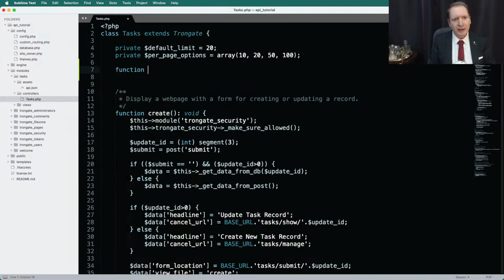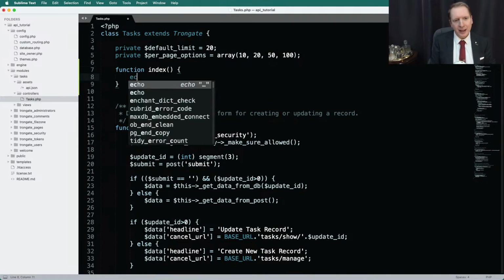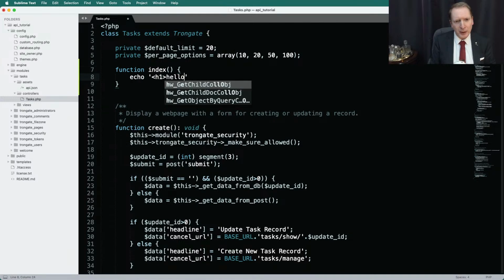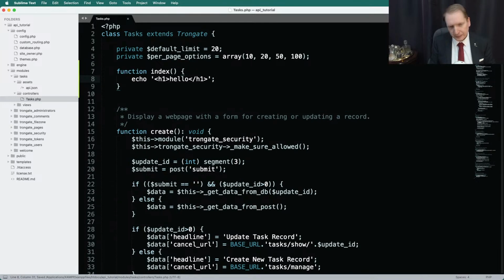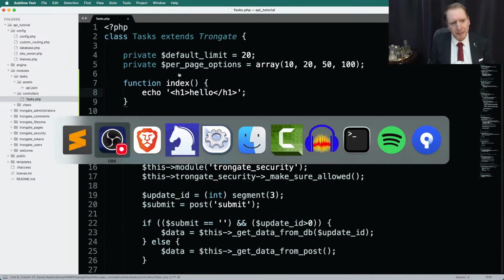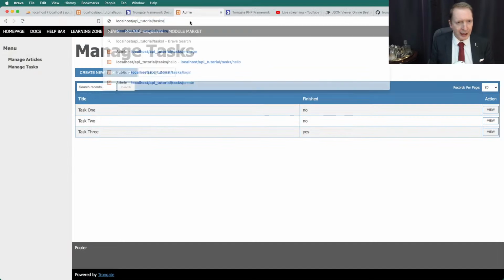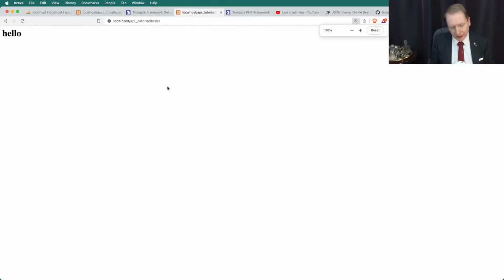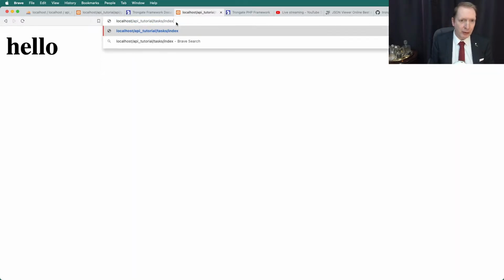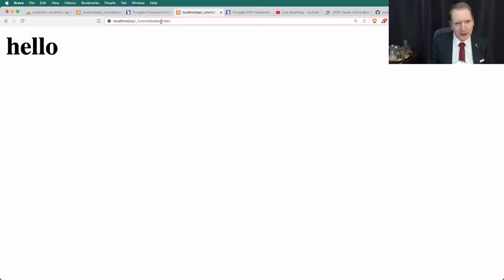So let's say function index, and we'll do a little echo, hello, like this, okay? And I'm going to save it. Okay, a little index method. Now, if we go to the base URL /tasks, you can see that it says hello. Now, of course, that would also work if we said /index, but we don't need to say index. It's kind of a default, okay? So, on this URL right here,